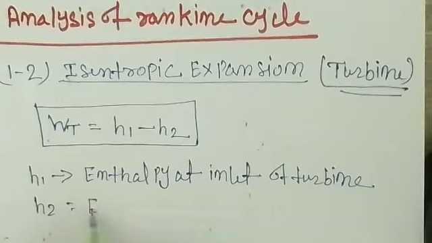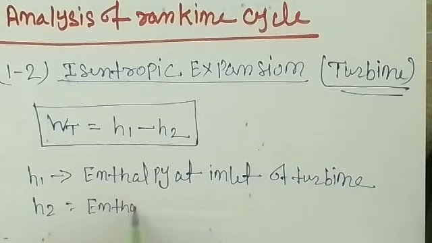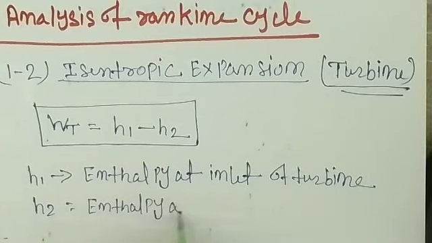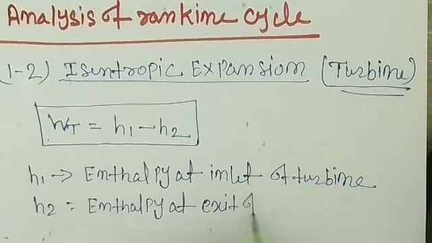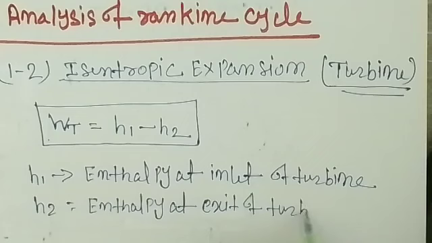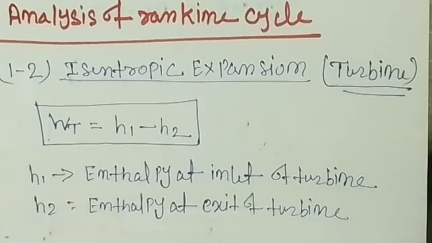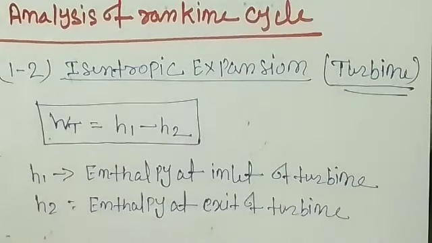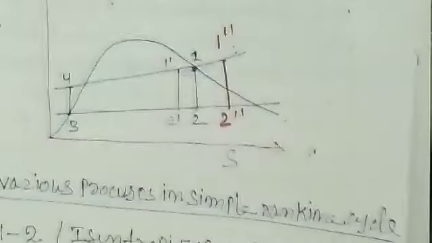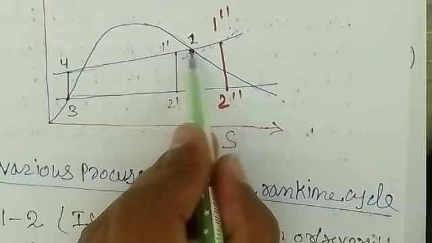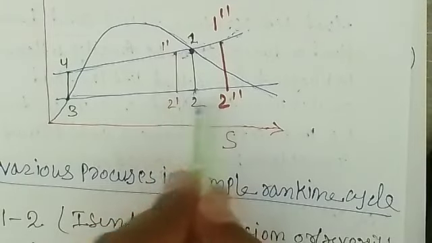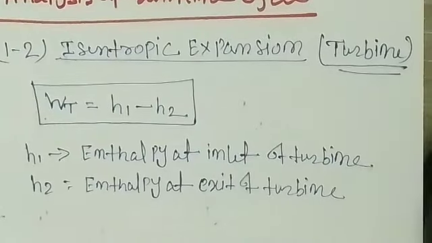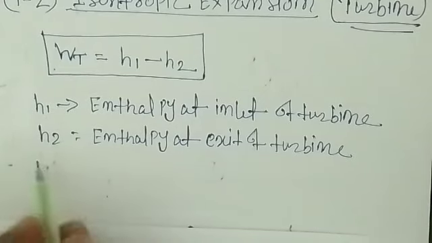H2 is enthalpy at exit of turbine, right? And this H1 and H2 you can get from the steam table. So if you look at whether the steam is dry saturated, wet steam or superheated, at the end it is wet steam. So H2 you can calculate from the formula,